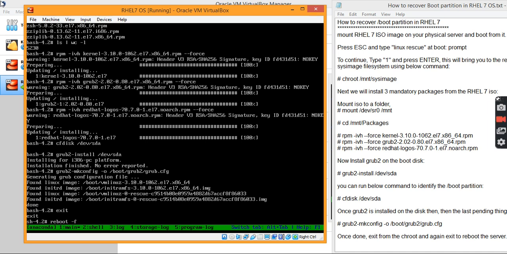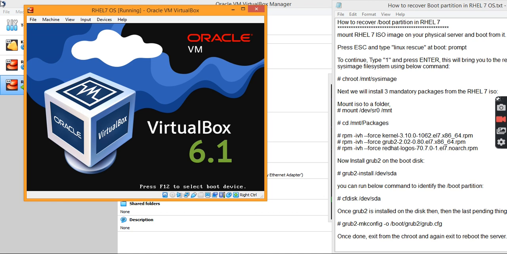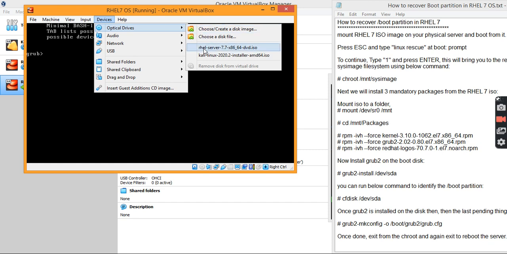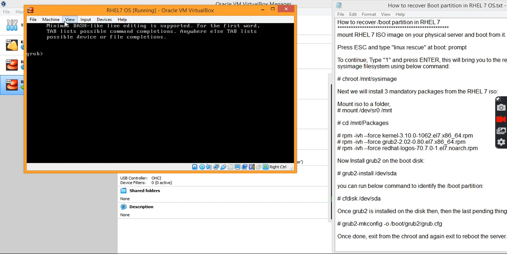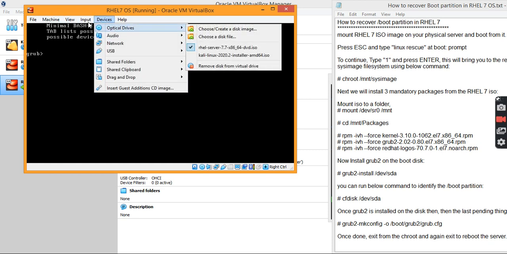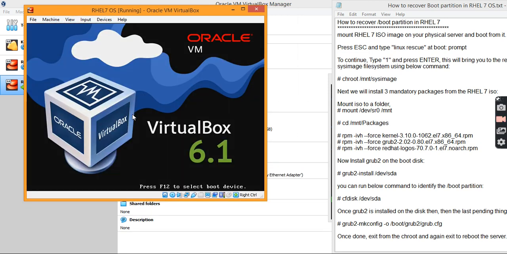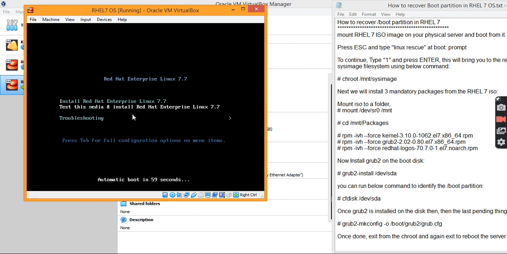Let's observe whether the issue has been fixed or not. It is still showing the grub prompt, no problem. To fix this issue, we have to install the grub one more time. So let me attach the ISO again and reboot the machine one more time. This will definitely fix the grub issue.